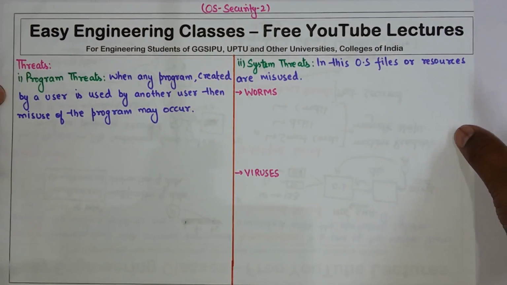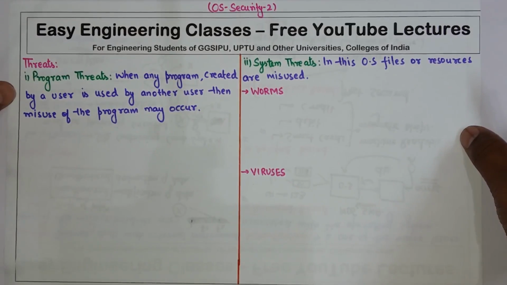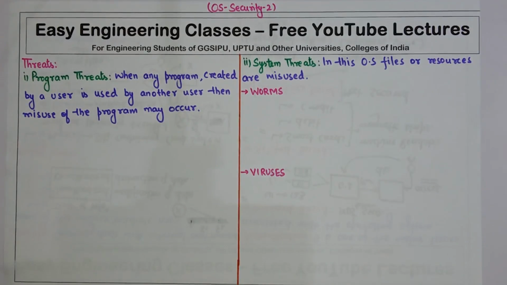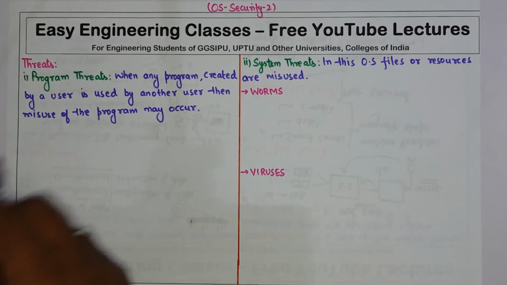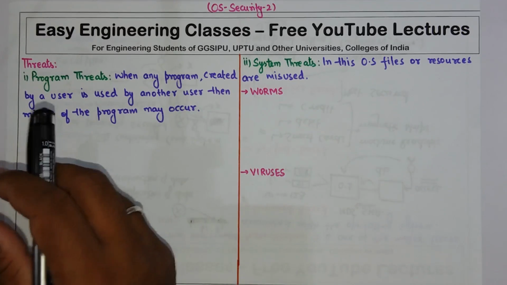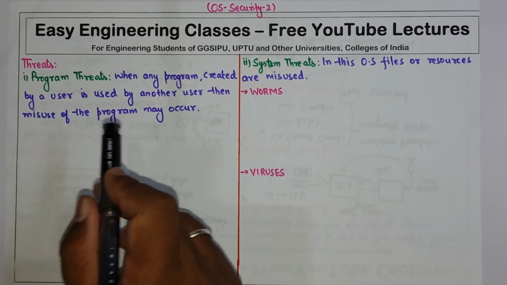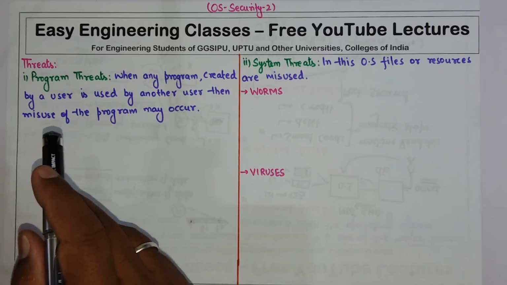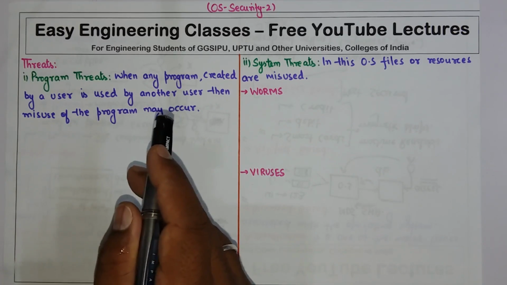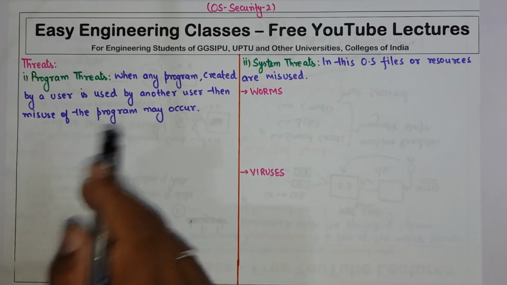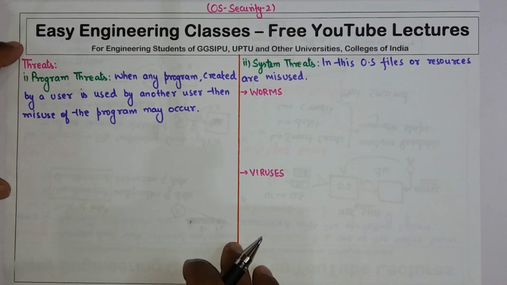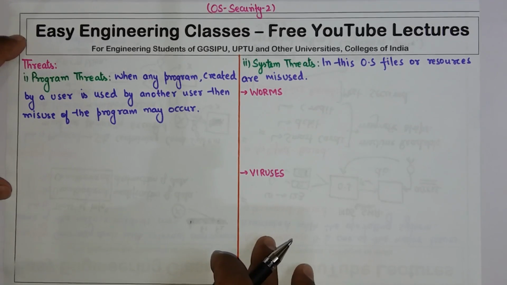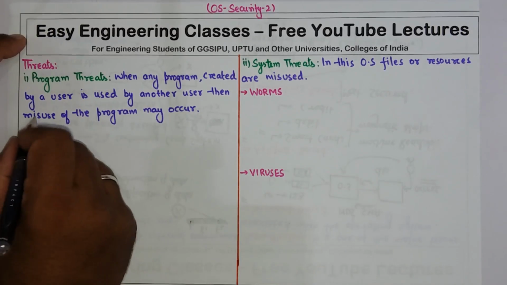Hello everyone, in this video we are going to see the threats to the operating system. There are basically two kinds of threats. One is the program threats and another is system threats. Program threats means when any program created by a user is used by another user, then the misuse of the program may occur. Now the common ways by which this behavior can be achieved are